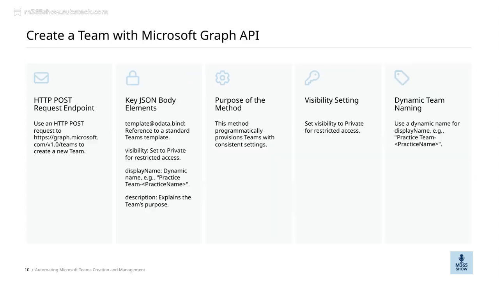automation process. Now, let's talk about the importance of using a dynamic name for the display name, such as Practice Team Practice Name. This approach allows us to create unique and easily identifiable teams for each practice, making management much simpler. Next, we set the visibility to private, which is crucial for restricting access and ensuring only authorized members can see the team. This method we're discussing is designed to programmatically provision teams with consistent settings, streamlining the process and